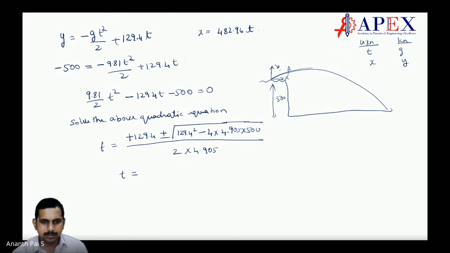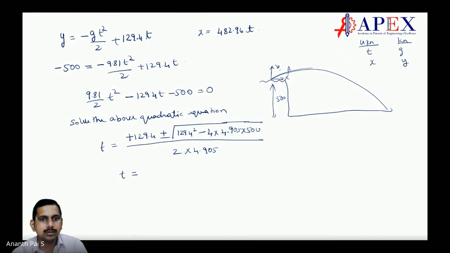Y is minus 500, right? In the formula, in 4AC, it should be plus, right? No, it is minus only, 500. Minus only, because we are going downwards, is it not? Y direction is to the top, correct? Yes, sir. So it should go minus, is it not? It should go down. That's it, sir, I am talking about the quadratic equation.